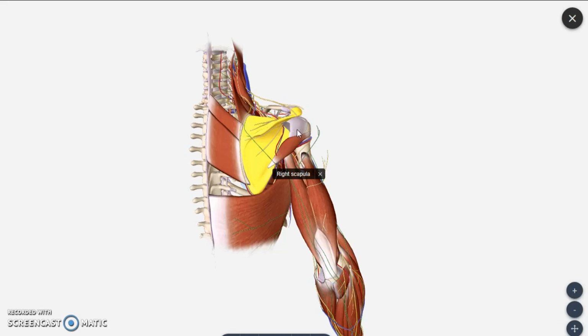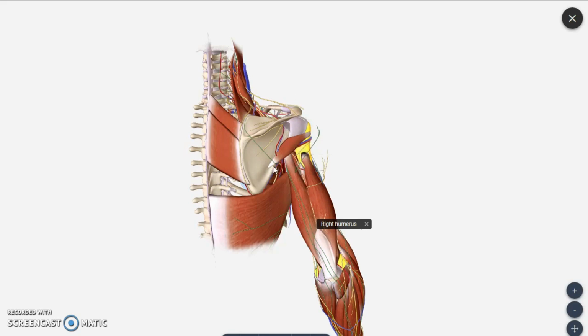Now we have a bone here also. That bone we will call as humerus. The humerus upper end is going to articulate with this scapula to form a joint called shoulder joint. This joint forms a demarcation which is separating the pectoral and back region from the appendicular part of upper limb. So we'll be having other three regions present outside it, that is arm region, forearm region and hand region. Now we will deal with those muscles.